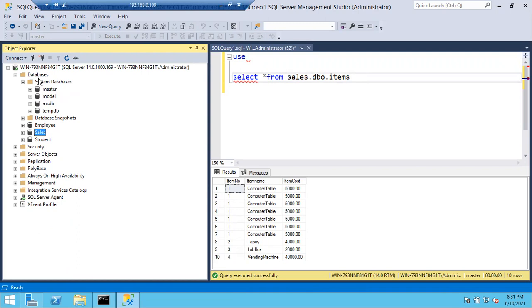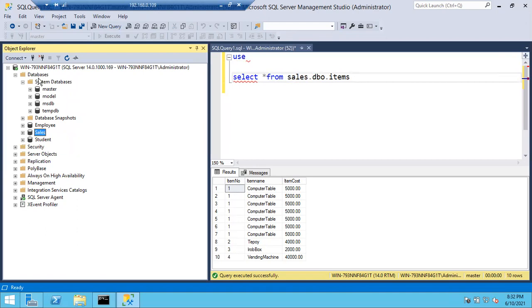What are these system databases? How many system databases will you get once you install SQL Server? How are you going to get these system databases? What is the importance of each database? What if they do not exist? What if they are corrupted? We'll discuss these things today.